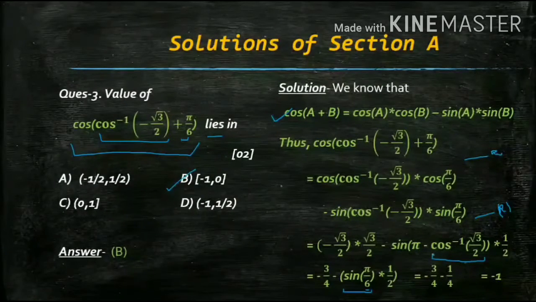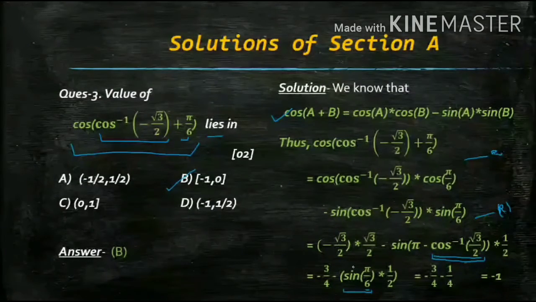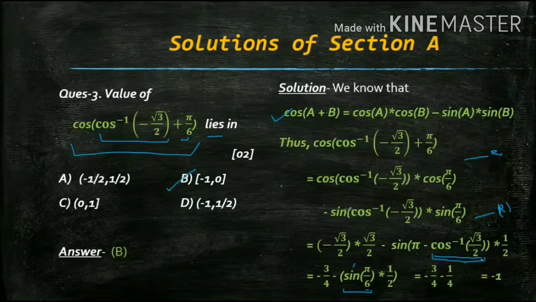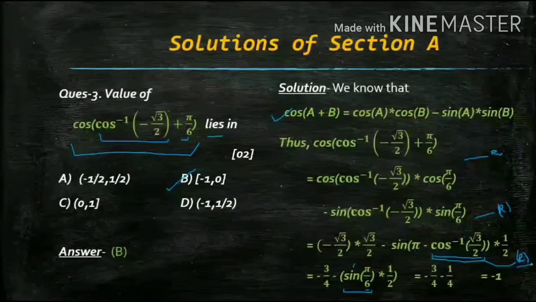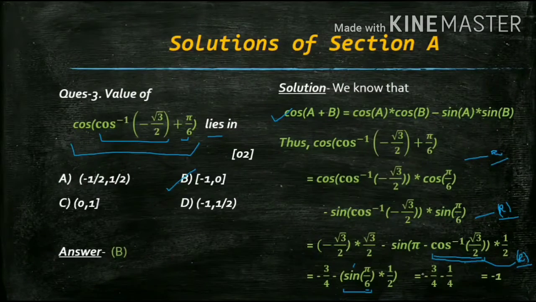You have to write the reasoning that this is basically 30, and sine of pi minus theta is sin theta. Then you have to write this thing. I am just leaving some steps so that you can remember those steps and write them. I may not be able to write all the steps over here. I will just tell you where the steps are necessary, where you have to write them. So you can use that sine of pi minus theta is sin theta. First reasoning. Second reasoning, that cos inverse root 3 by 2 has the value pi by 6.